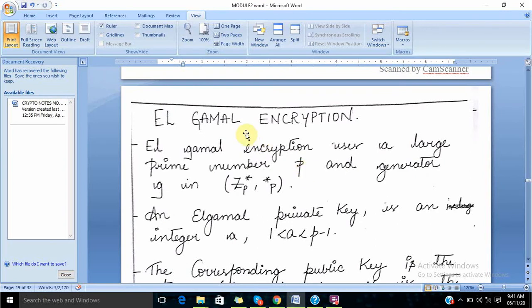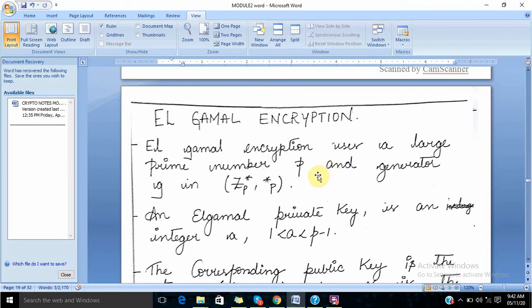This topic comes in the third chapter of the second module, and this is the last chapter of the second module. Okay. So in this El-Gamal encryption, as students we studied in RSA, we had a set of formulas where we used to encrypt the message, and later on we used to decrypt it, so that ultimately we get the message. So encryption would be done on the sender side, and decryption would be done on the receiver side. And wherever we used to do encryption, we used to do it via private key, and decryption via public key.